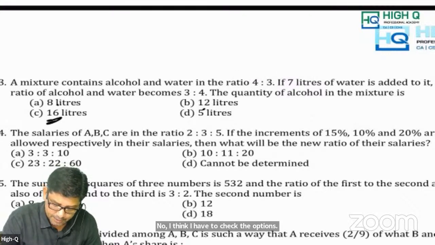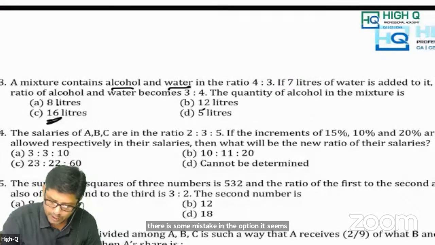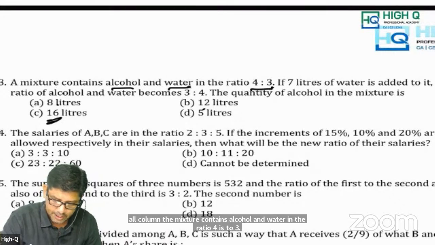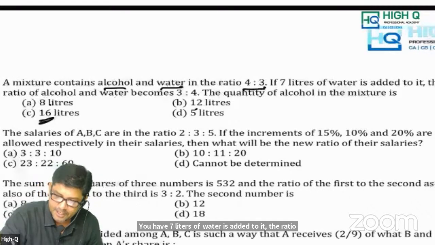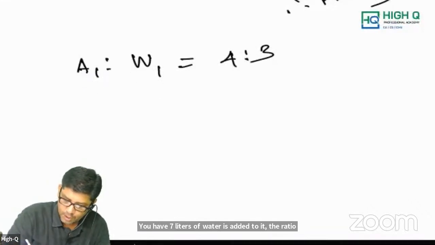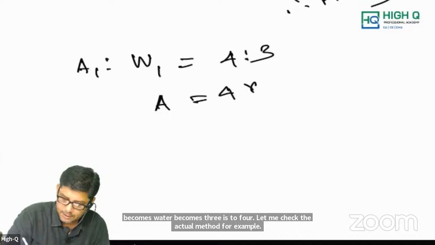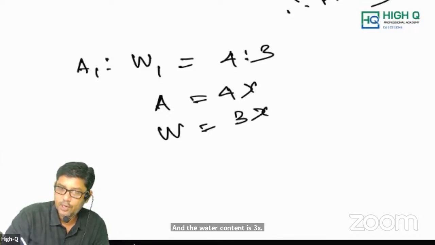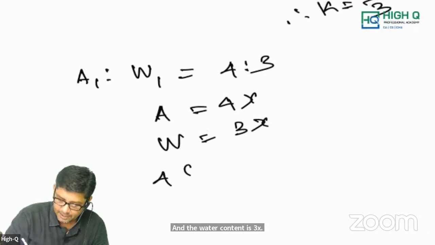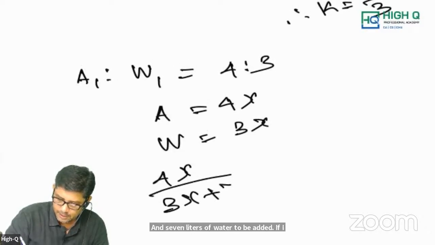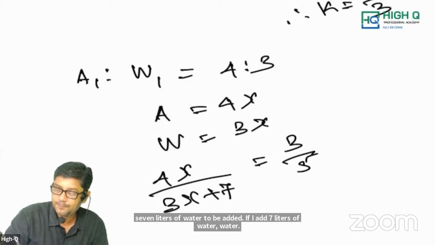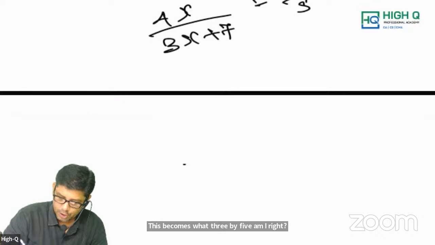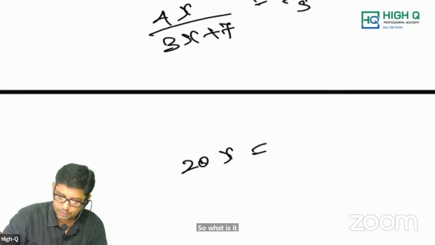The mixture contains alcohol and water in the ratio 4 is to 3. If 7 liters of water is added to it, the ratio becomes 3 is to 4. Let me check the actual method. So alcohol content is 4x and water content is 3x, and 7 liters of water is to be added. If I add 7 liters of water, this becomes what? 3 by 5. Am I right? So what is it? 20x is equal to,